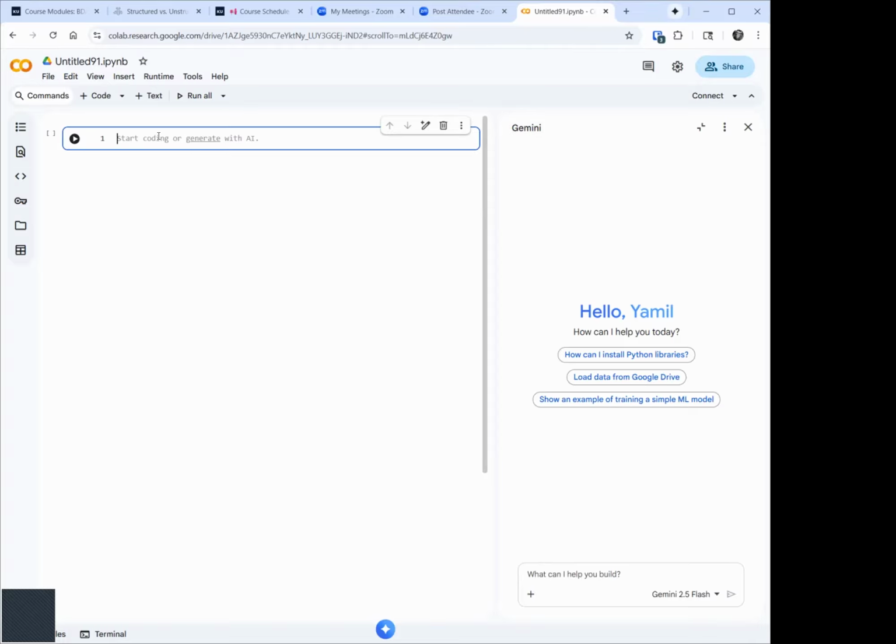If you get an error in your code, Google Gemini will actually help you fix the error. And that's the great thing about Google Colab, that you have Google Gemini here. Google Gemini is one of the most sophisticated AI that humans have ever created. So if you need help, if you get stuck, guess what? Who's here to help you? Google Gemini, okay? It's going to help you if you get any problems.